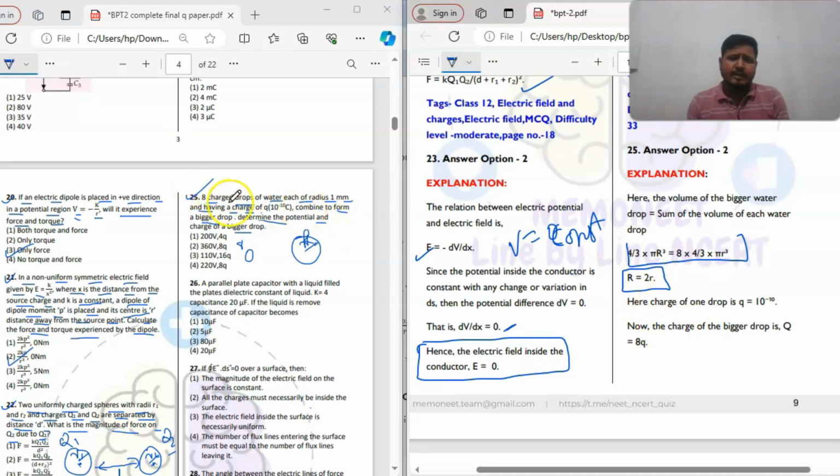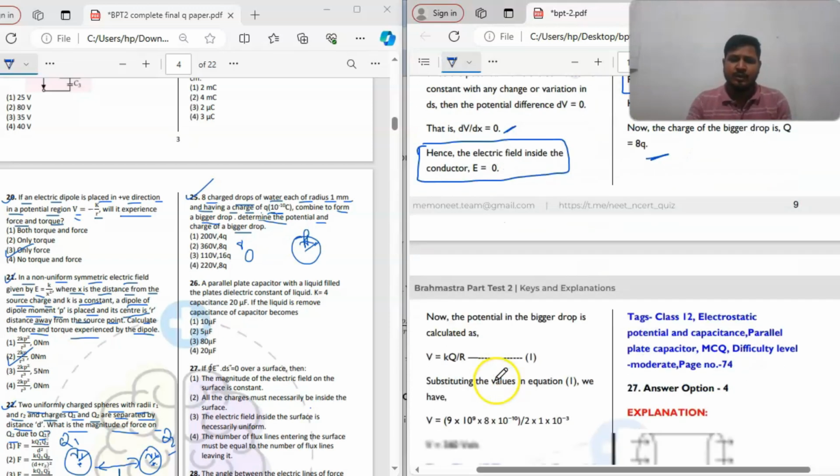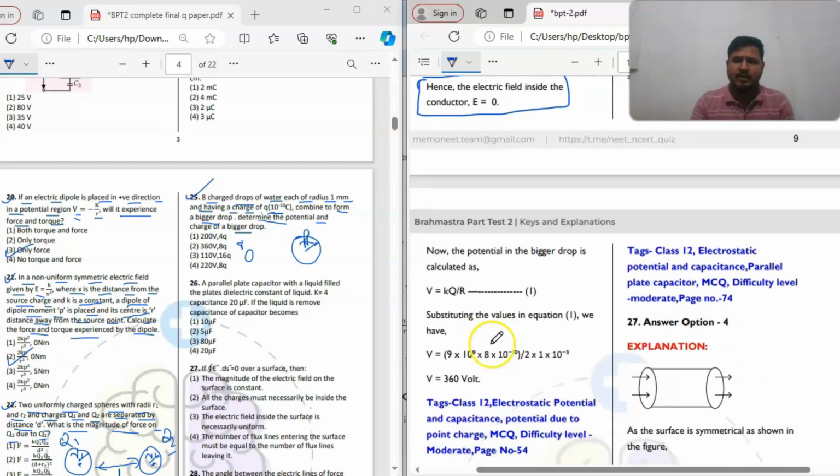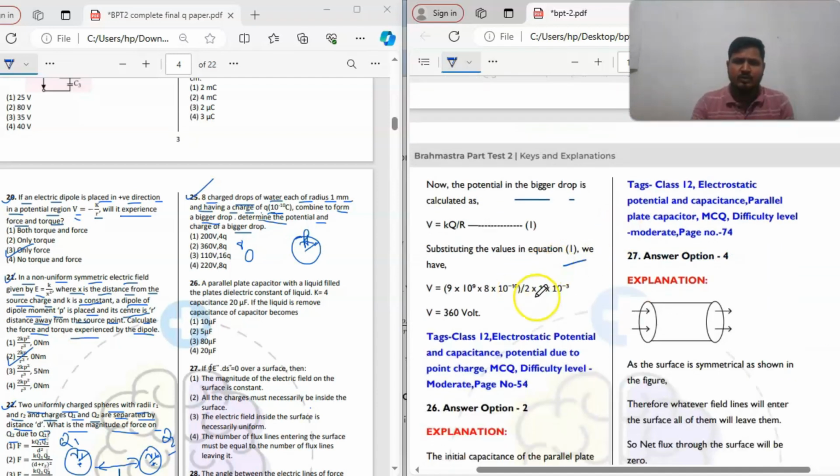Now the charge on one drop is 10 to the power minus 10 coulomb. So the charge on the bigger drop is 8 into q, that is 8 into 10 to the power minus 10 coulomb. We know the value of R, we know the value of Q. Now we can also find the potential. The potential on the bigger drop is V is equal to k Q by capital R. Now putting the value of R, which is 2r, where small r is 1 millimeter, we get